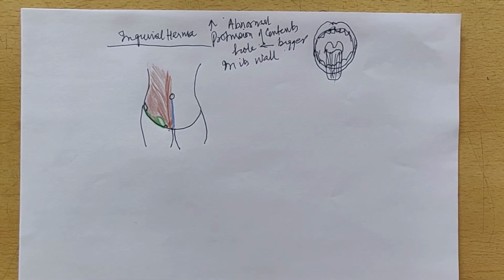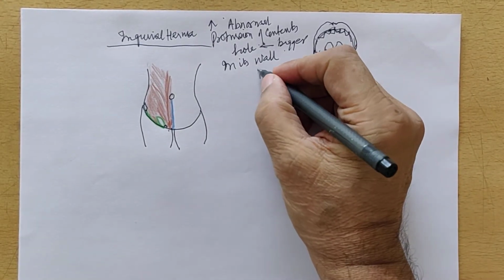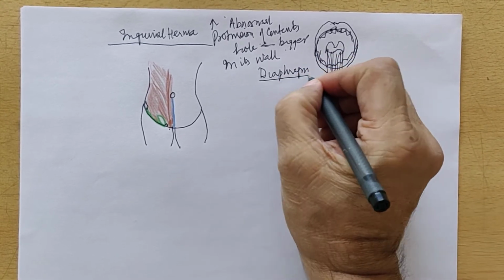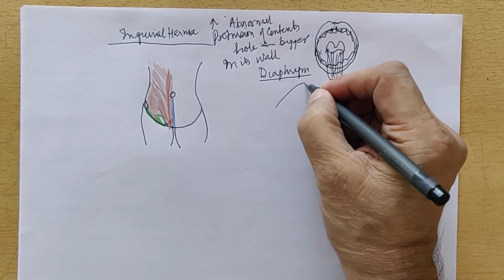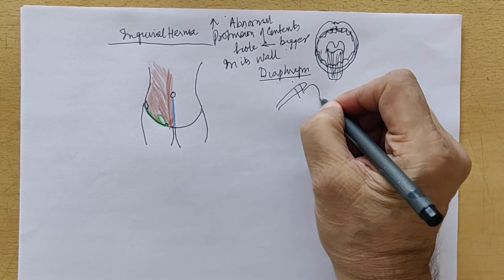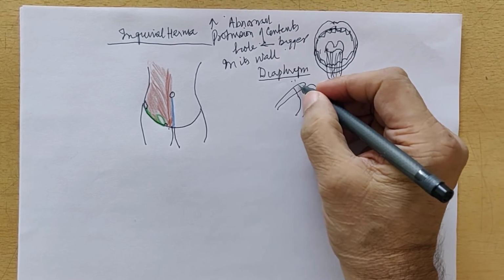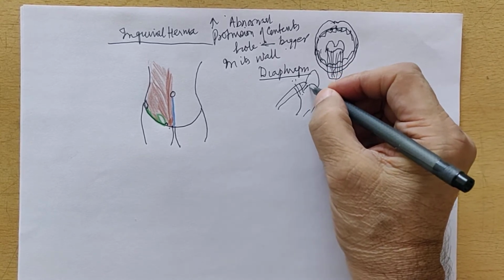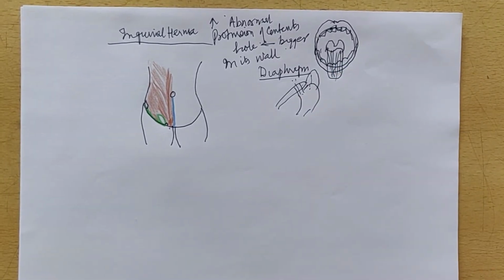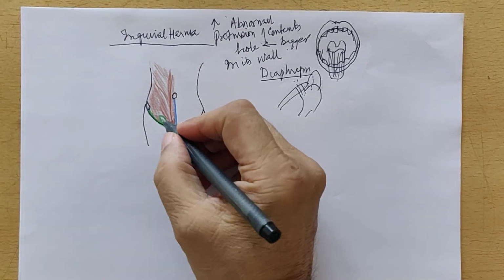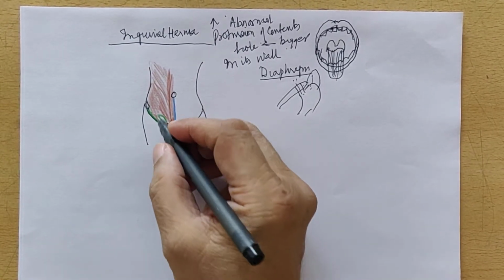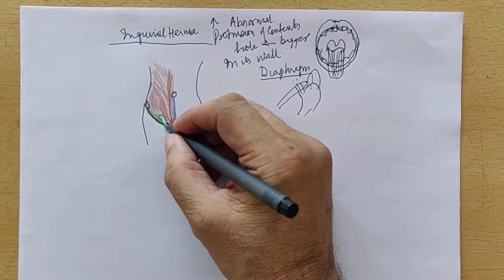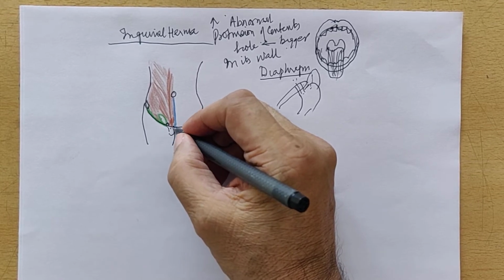So what are the sites of hernia? One can be a diaphragmatic hernia or rupture. So the esophageal hiatus through which the stomach comes out. The stomach can herniate either through the same hiatus or through another hole. So this can be a diaphragmatic hernia. Then there can be an inguinal hernia, which is through the superficial inguinal ring. And this hernia would come out like this and go into the scrotum.